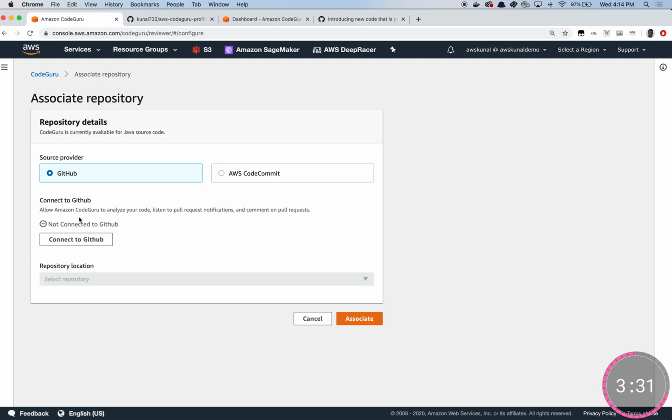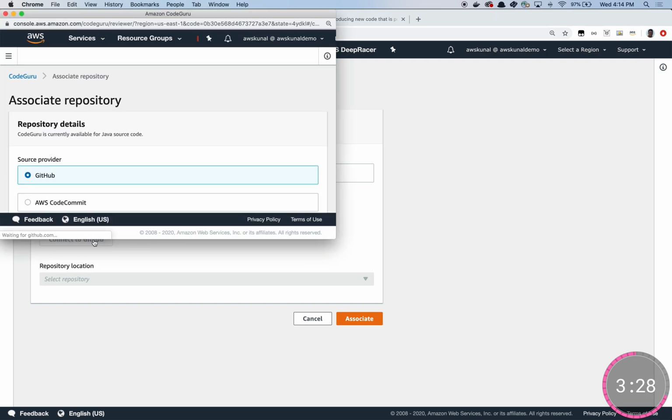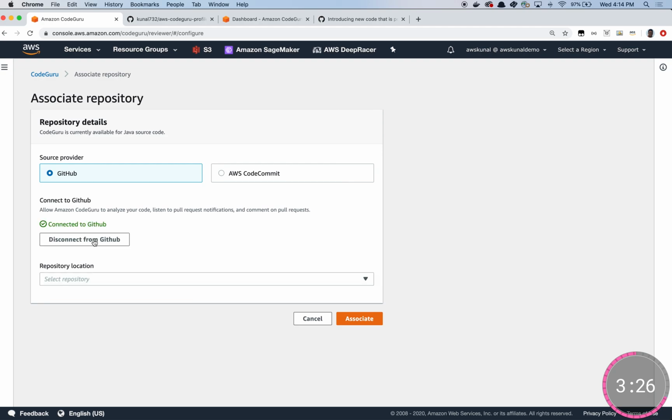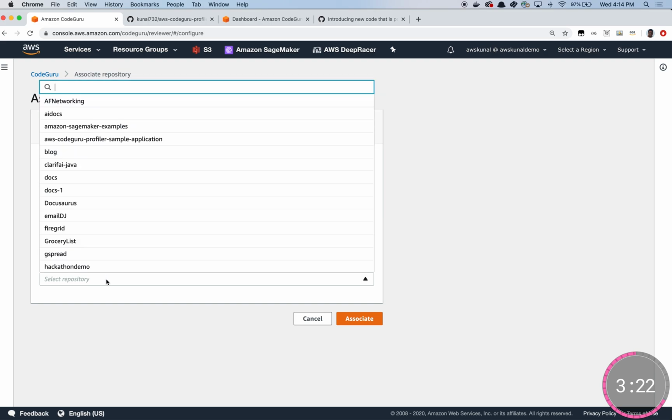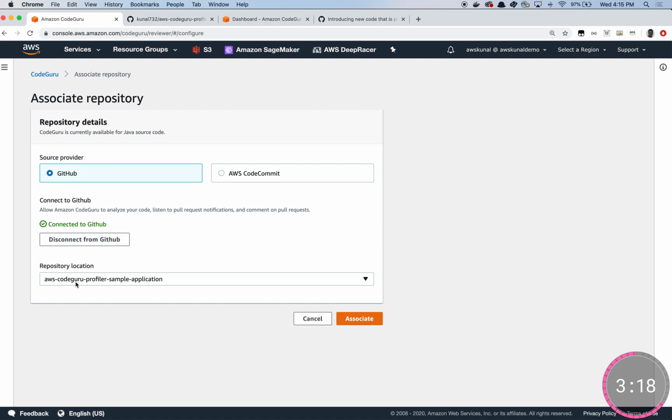The first thing we need to do is connect it to our GitHub account. I've already done this. Then we want to associate it with a specific repo. In this case, I want to associate it with the AWS CodeGuru Profiler Sample Application. Then you just click that orange button, Associate, and it'll connect that repo to